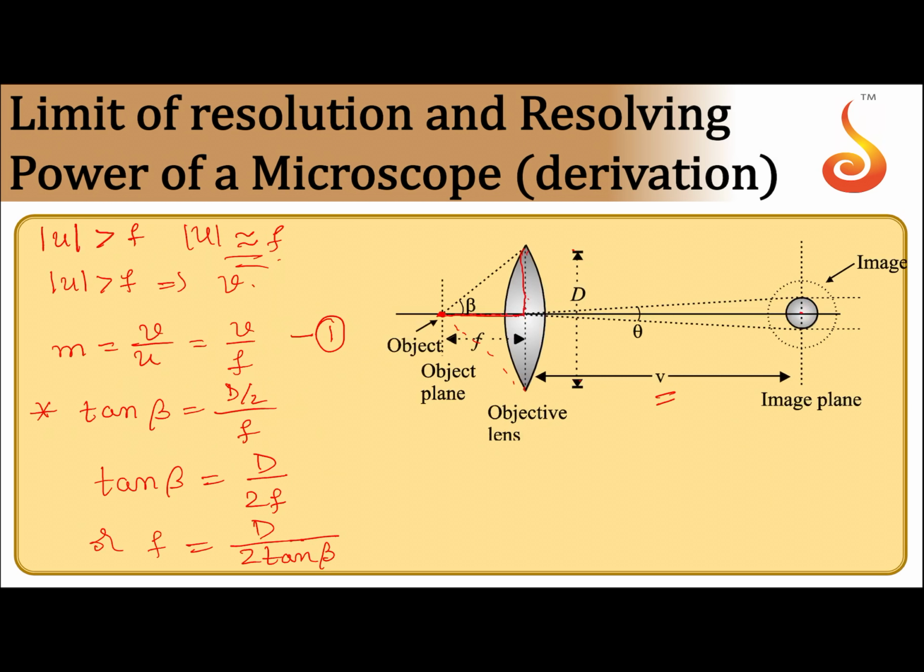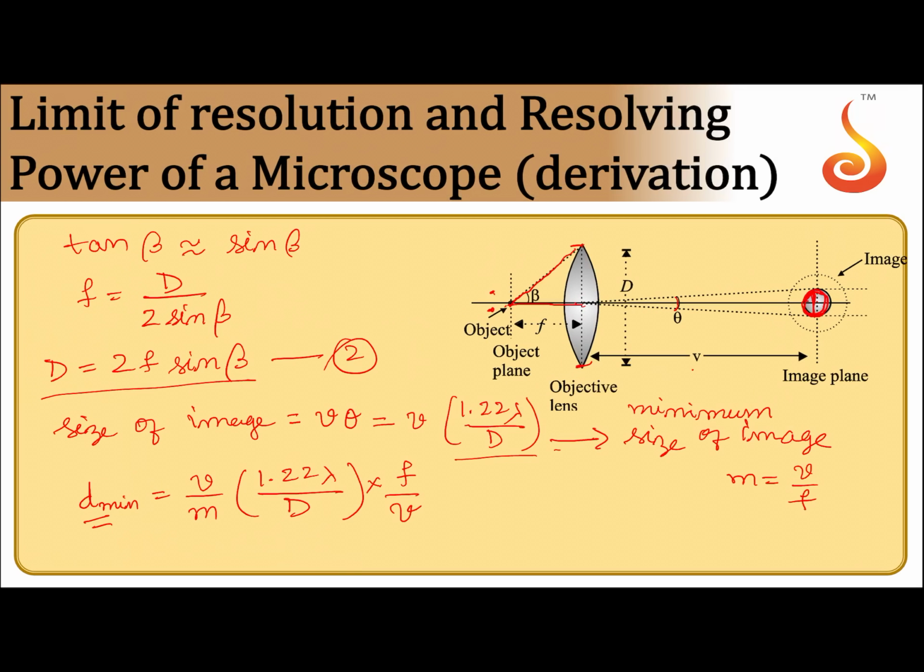So once again let us repeat this. Our intention is to calculate the limit of resolution of a microscope. The magnification produced by a microscope is V by U. Here in case of a microscope, U will be approximately equal to F. So it will be V by F. Now from this triangle, tan beta is equal to d by 2 by F, that is d by 2F. So F is equal to d by 2 tan beta. Now since beta is small, because the aperture will be small, tan beta will be equal to sin beta. So you can write F is equal to d divided by 2 sin beta,